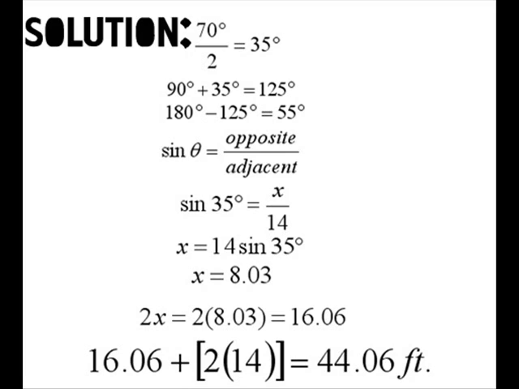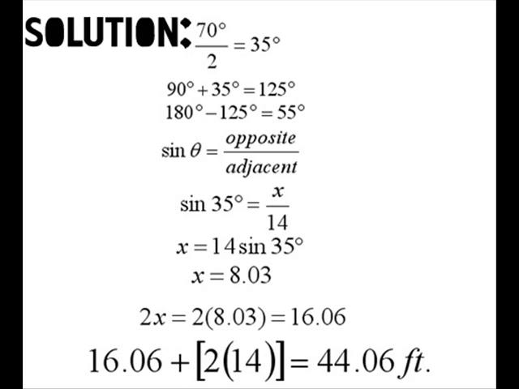Since it is an isosceles triangle, we can divide the triangle by 2 to obtain a 90-degree angle. So, as we divide the triangle by 2, we should also divide the angle shared by the same lengths by 2. So 70 degrees divided by 2 is equal to 35 degrees. Using the trigonometric function sine, we're going to use the 35-degree angle to find the base of the half of the triangle. So sine 35 degrees is equal to x over 14.